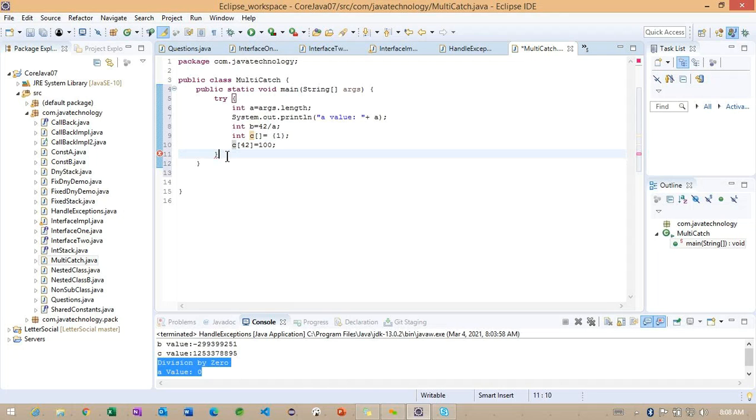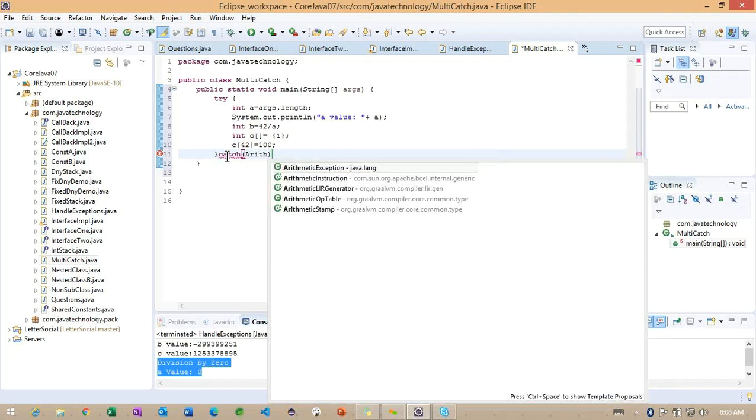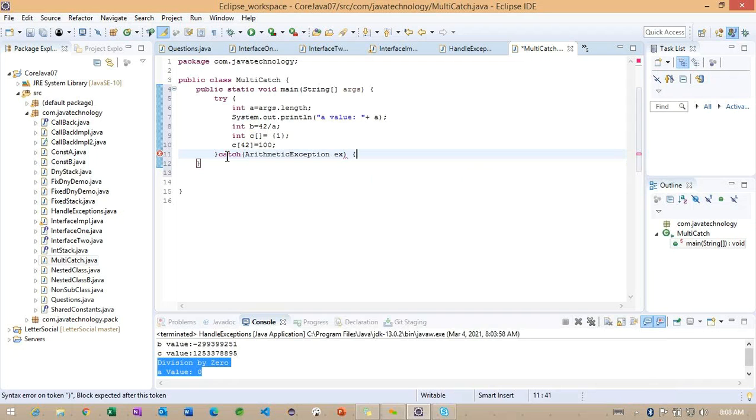And after this, what exactly I'm doing here, I'm adding catch blocks. One is arithmetic exception, that is what we checked right now.